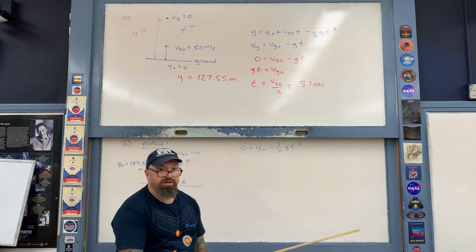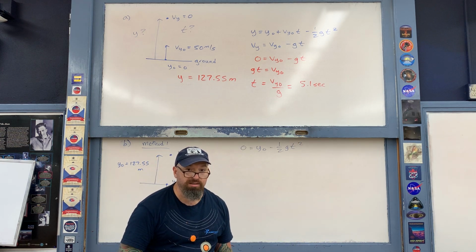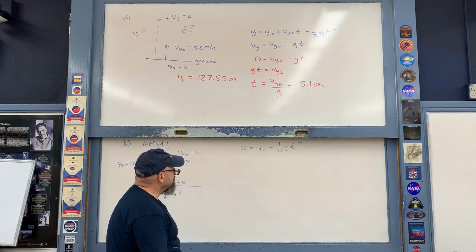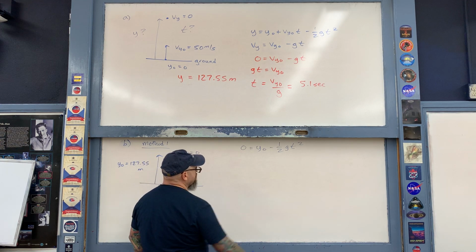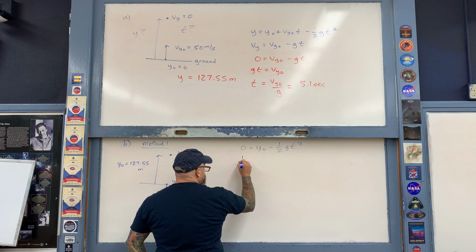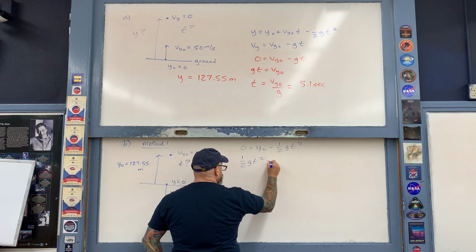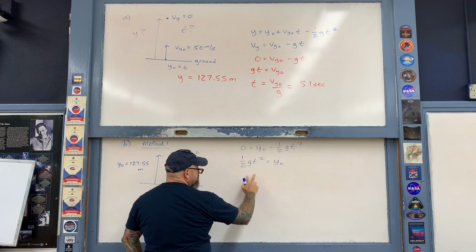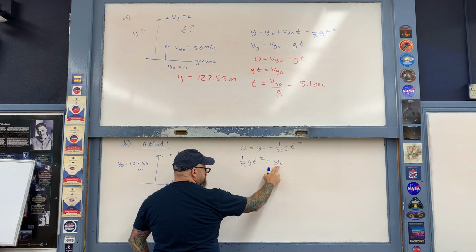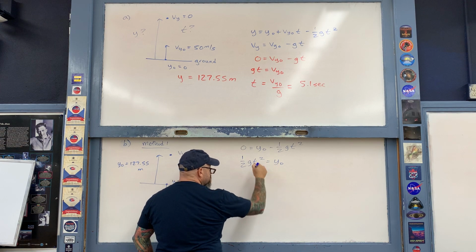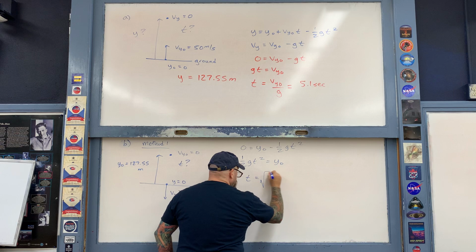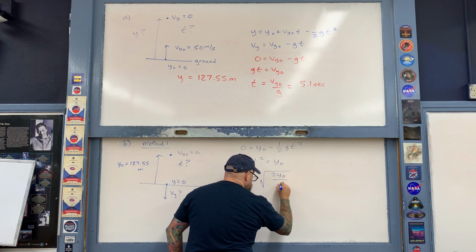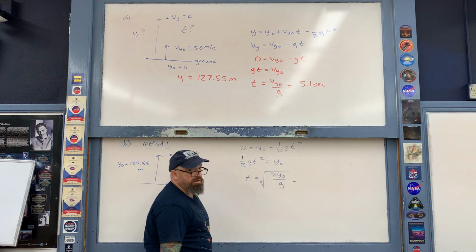And I get this equation here, much like we saw earlier in the opening example. And now the only unknown there is the time t, which I can now solve for. So move the 1/2 gt squared to the other side, and then cross multiply the 2 and the g over to the other side. Take the square root now to solve for the time t. So after you do those mathematical steps, you end up with this expression here, and now I'll go ahead and